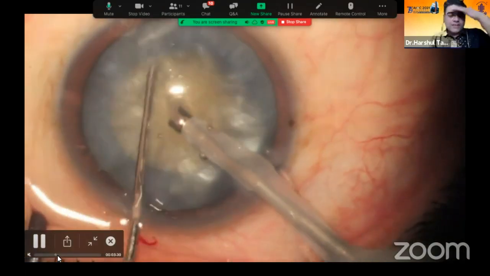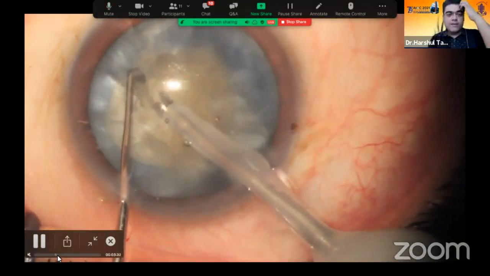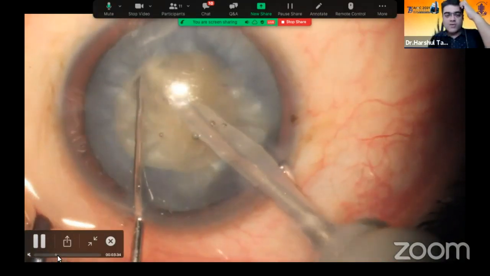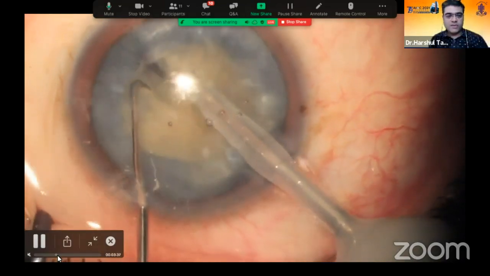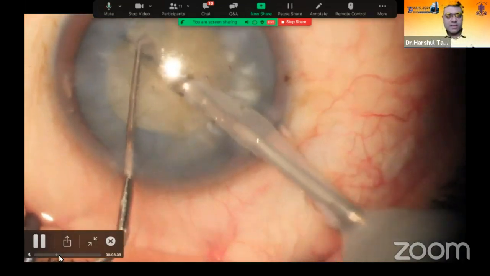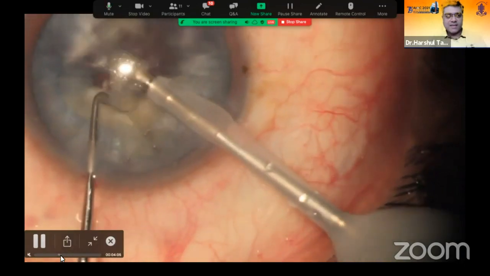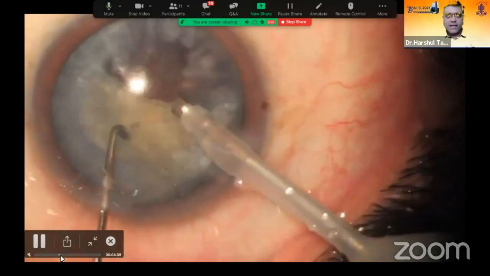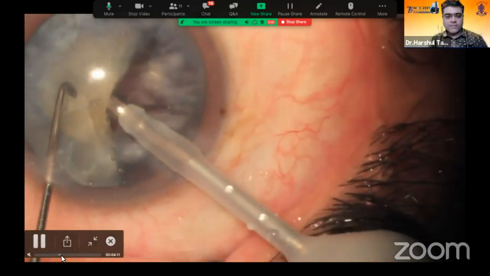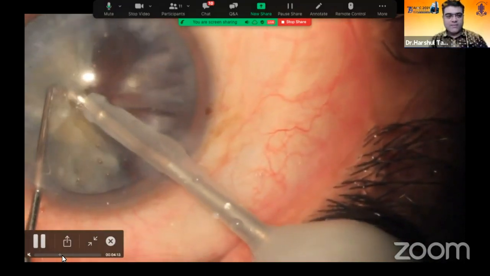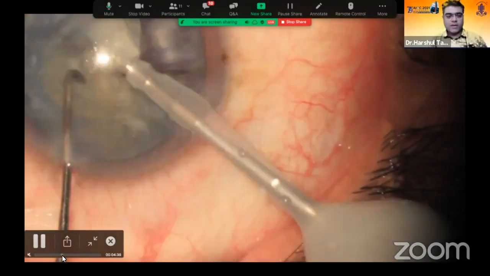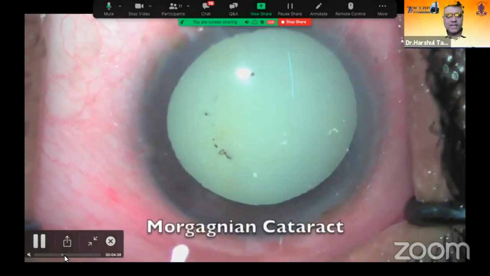And most of these cataracts, they are very brittle, intumescent. So you go ahead, do direct chop or whatever technique you use. But the thing to remember is that these cataracts don't have any epinuclear cushion. So the posterior capsule is right there in front of the phacoprobe. So you need to be careful, especially during the last pieces.